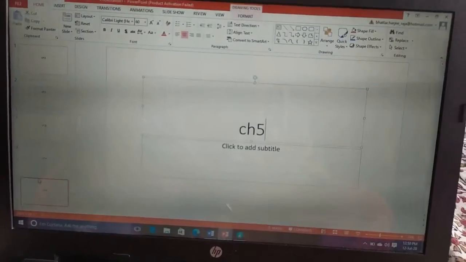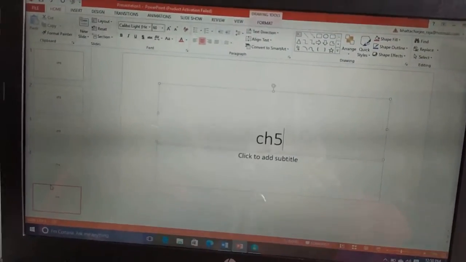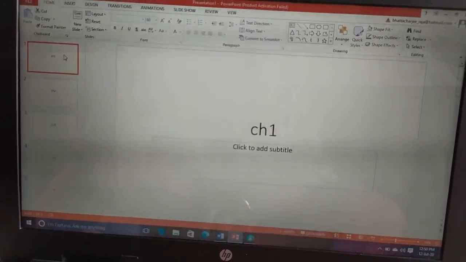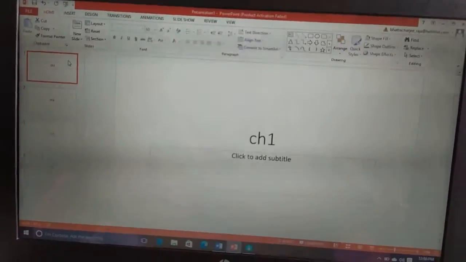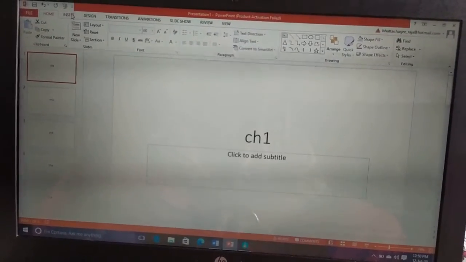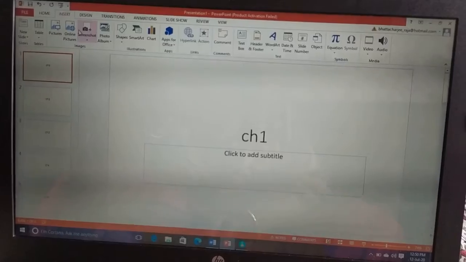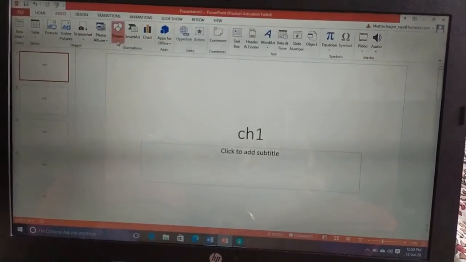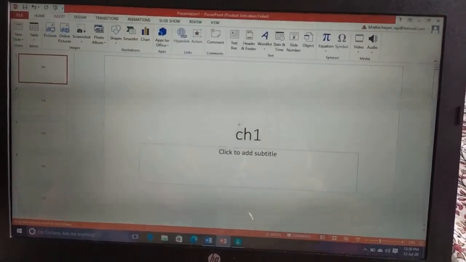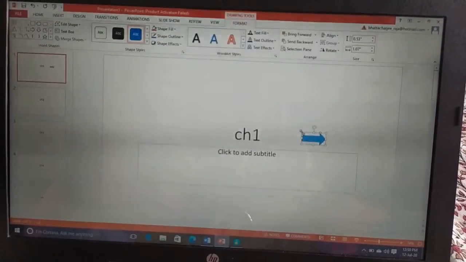Now this is the presentation I have already made. 5 slides are there. Click on the first slide. Then go to the Insert tab. From the shapes, insert an arrow. Insert it over here.